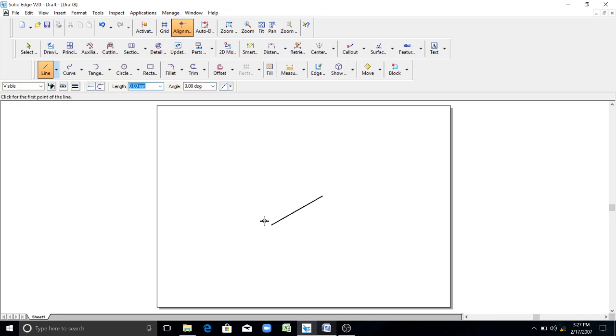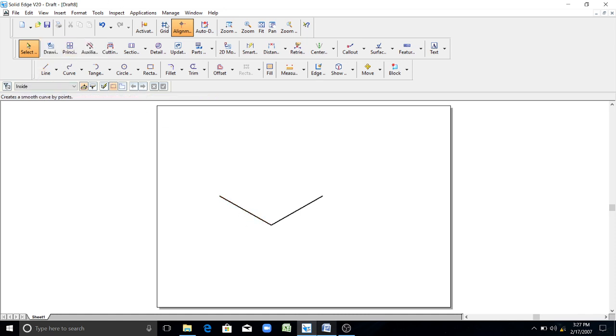For the angle, you should be very careful. This is 0 degrees, this is 90 and this is 180. So for this side's 30 degree angle, you have to enter 150 degrees. Why? Because this is 180, and if you want 30 degrees from this line, you should enter 180 minus 30, that is 150. The length of the line is again 60 here. Enter, and the angle is 150. See here, this length is 60 and the angle from this side is 30.